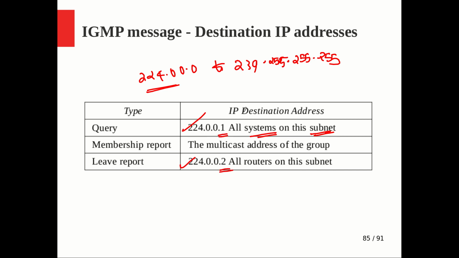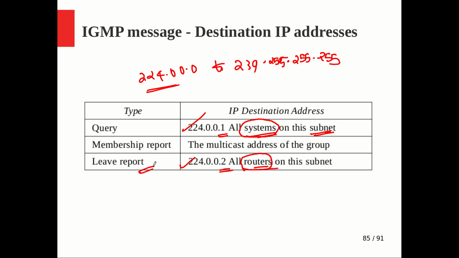Instead they have a special, fixed meaning always in the network. 224.0.0.1 means all hosts on that particular subnet. 224.0.0.2 means all routers on this subnet. Here it is all systems, which means it can be a router or it can be a host. Here it is all routers only, right? It's because of the context of who is supposed to receive it. The general query or the special query is to be received by everyone in the system, of course by the other routers also, and they can also communicate back.